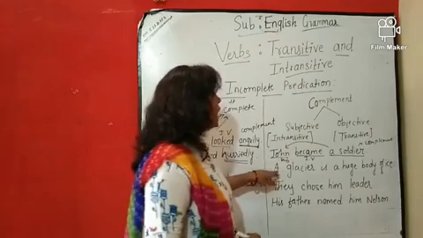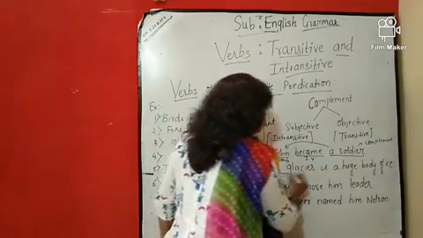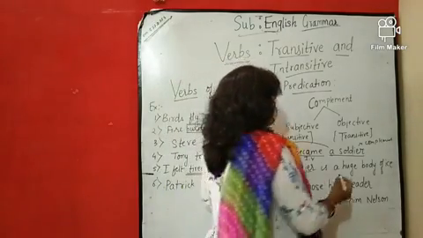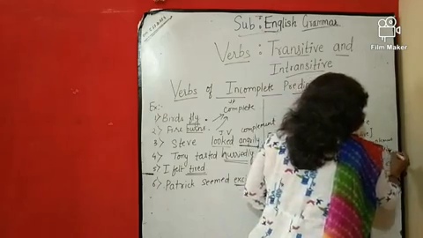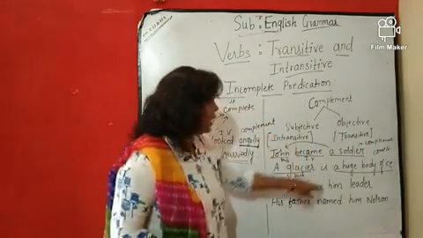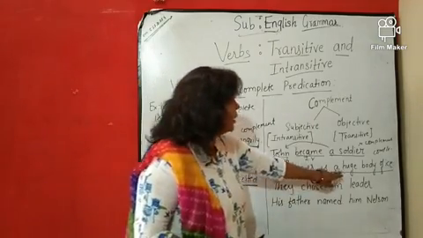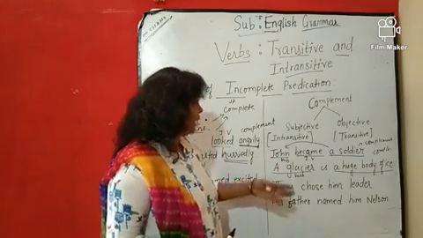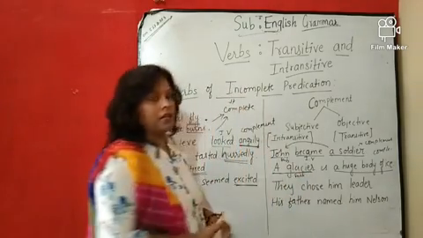Another one. "A glacier is a huge body of ice." Again, a glacier is the subject, and a huge body of ice is a complement. So again, a huge body of ice और glacier एक ही है. हम a huge body of ice किसके लिए बोल रहे हैं? Glacier के लिए बोल रहे हैं. So again, it is a subjective complement.